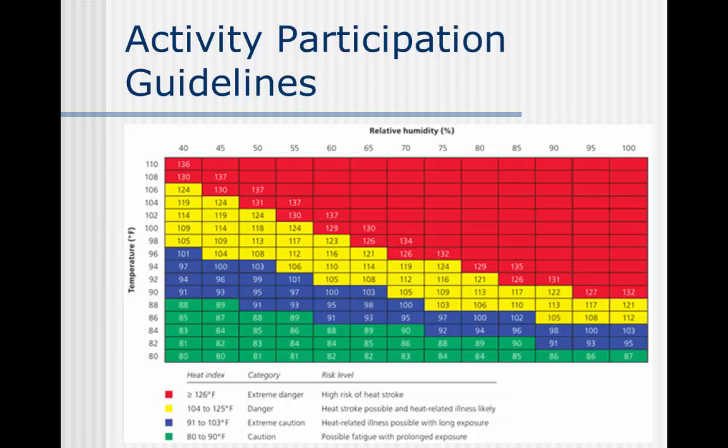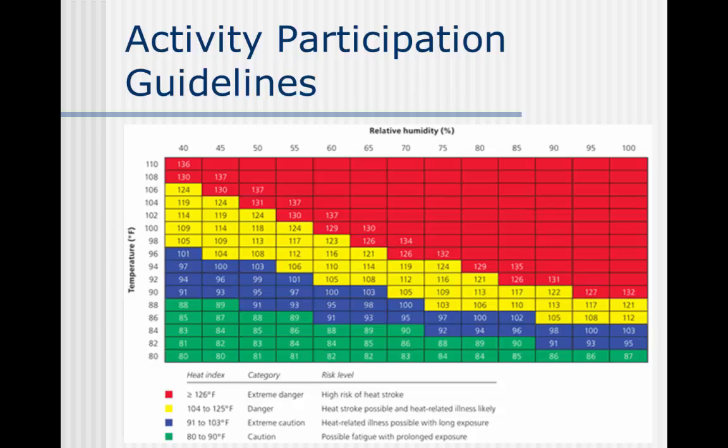Athletic events should be held during cooler periods of the day and scheduled to avoid hot, humid months. Athletes, coaches, and parents should be educated about the early signs of heat-related illness, hydration, and initial treatments. Heat acclimatization is the best protection against heat-related illness. This involves a gradual progression of duration and intensity of exercise over 10 to 14 days. Proper hydration, lightweight and light-colored clothing, shaded rest areas, and rule adjustments to allow for frequent substitutions can also help